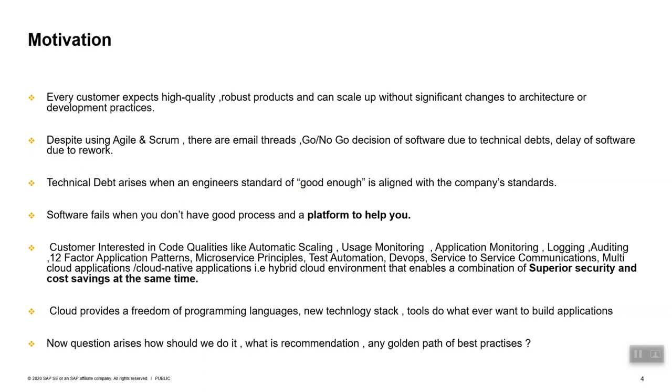In some cases software fails when we don't follow a good process, or if the platform does not complement the development. Nowadays customers are interested in